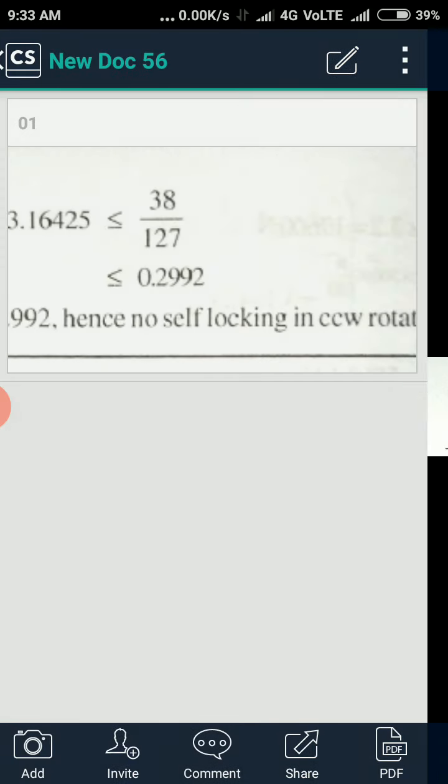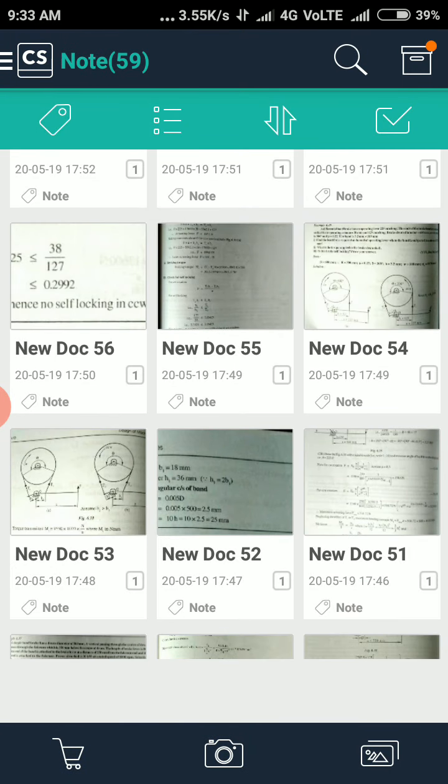Okay, so what you need to understand here, first we have to be able to identify the direction of T1 and T2. F is always acting downward. So what will be the direction of F1, F2, what will be the direction of T1, T2 as well as F? Then you should take the moment to calculate the braking force. Then you have to calculate the torque. Then if there is self-locking, you can calculate the case for self-locking. So now we'll go for the next problem.